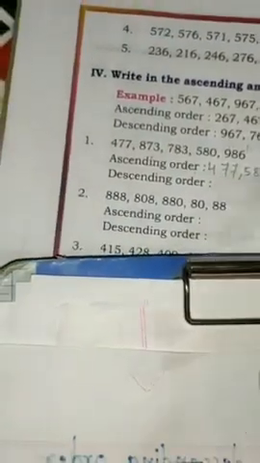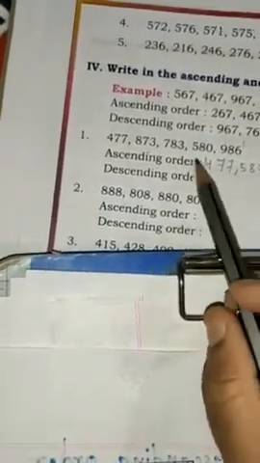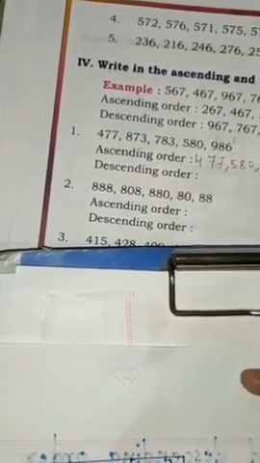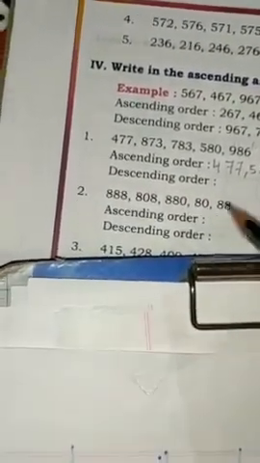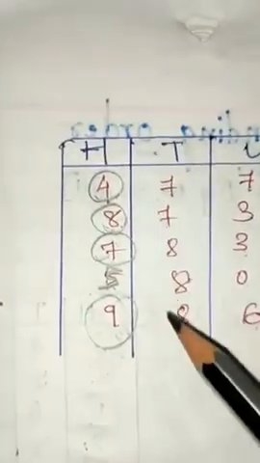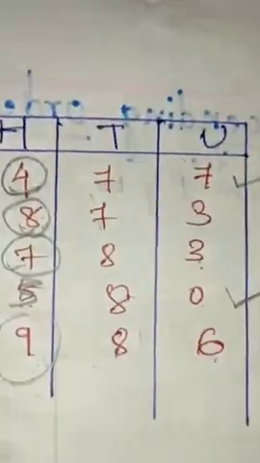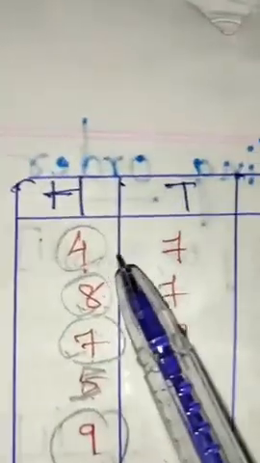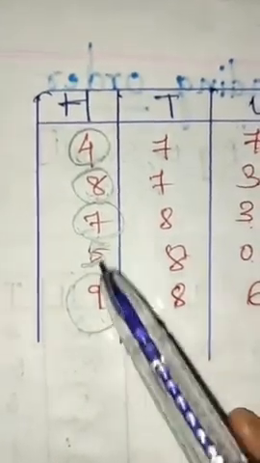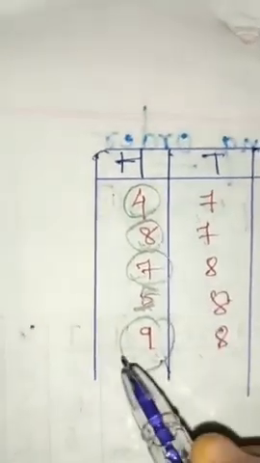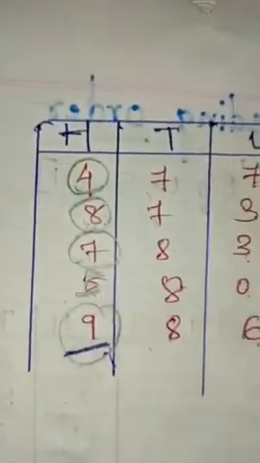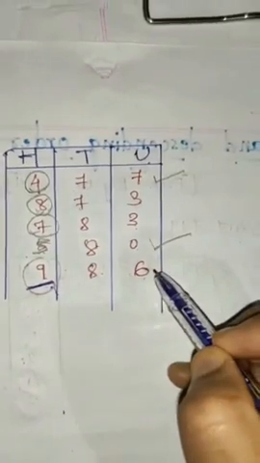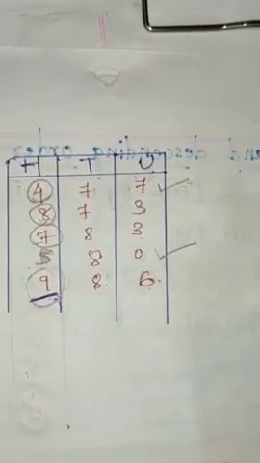This is how we have to write the numbers in ascending order, that is small to big. Now it is totally opposite of ascending, that is descending order. So first, let us compare the numbers in the 100 place. You have to write the numbers from biggest to small, from big to the small. So which is the biggest digit here in the 100 place? Yes, 9. 9 is the biggest digit. Right. So 986 is the biggest number.